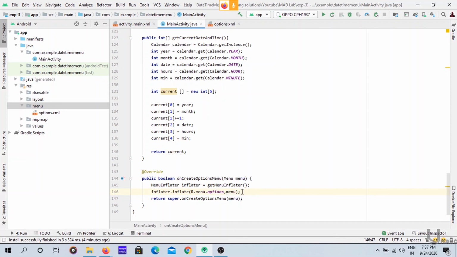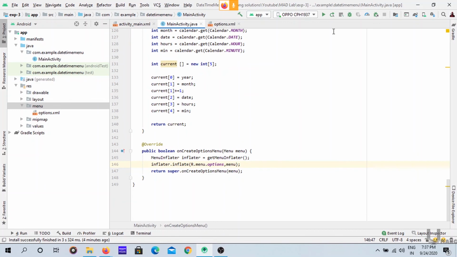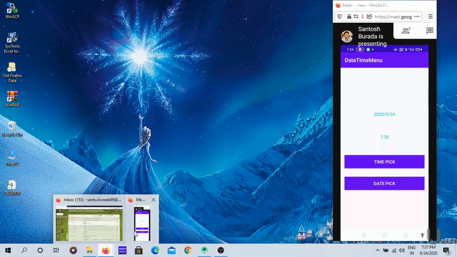That's it. We just created the onCreateOptionsMenu method. Now let's run our app. Now we can find this option menu bar over the toolbar. Wait a second, I'll share my screen.